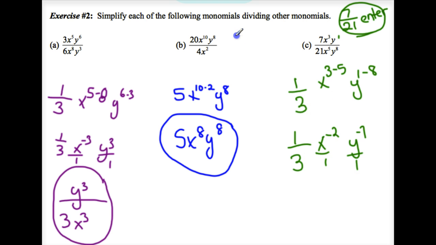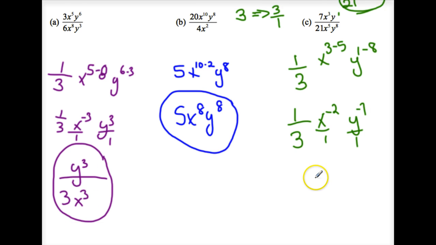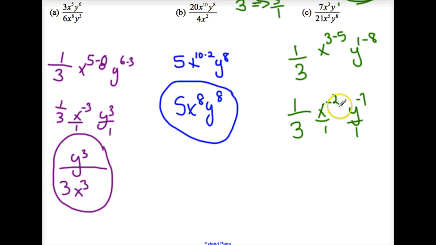Remember, another way of writing 3, right? If I say write 3 as a fraction, you would tell me that is 3 over 1. So this is the same thing. So think of it as this x to the negative 2 and y to the negative 7 are all in my numerator. We don't want a negative exponent, so the way I get rid of that negative is just flipping it to the bottom. So I'm going to move x to the negative 2 in the bottom, y to the